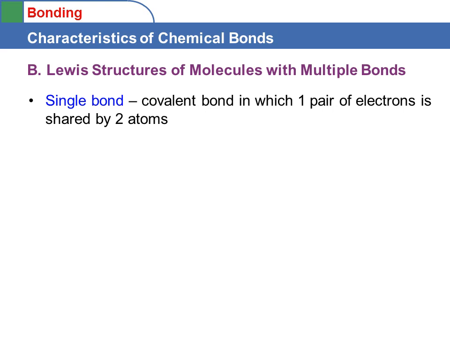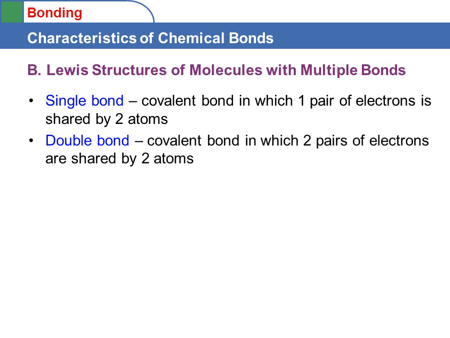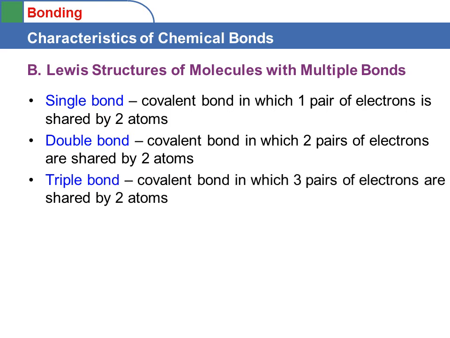So a single bond occurs anytime we have a covalent bond with 1 pair of electrons being shared. A double bond is where we have 2 pairs, or 4 electrons, that are being shared, and a triple bond happens when we have 6 electrons being